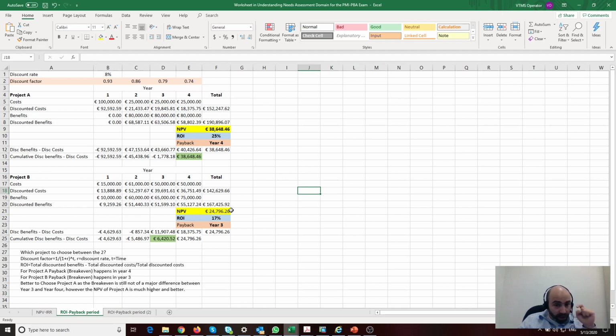You guys tell me. Write down in the comment, what do I choose? Okay? Don't read here. Don't cheat. Right. So, what do I choose? The higher the ROI, the better. Despite the payback being year 4, later by 1 year, that variance of 25 minus 17, a variance of 8%, is more attractive